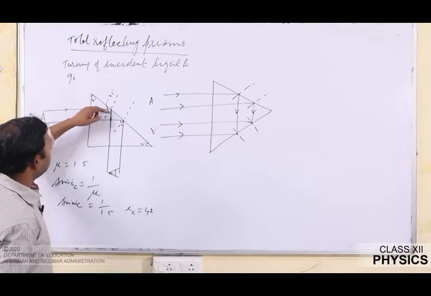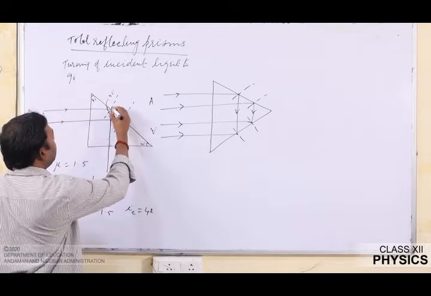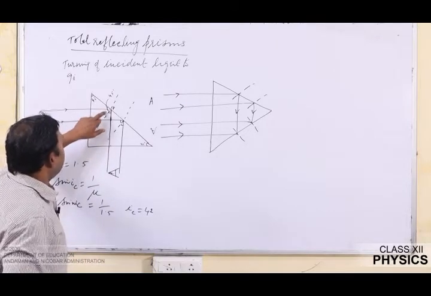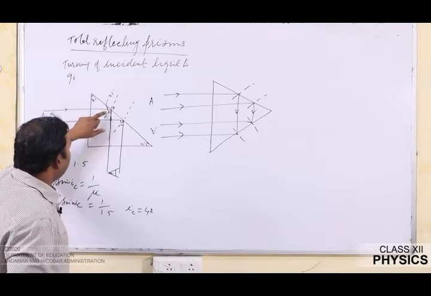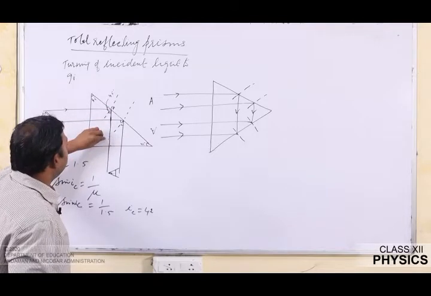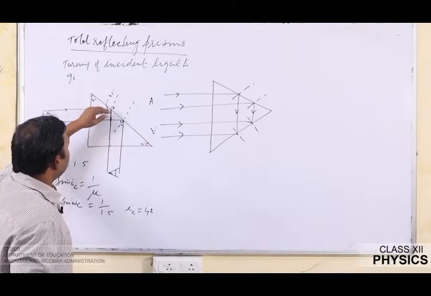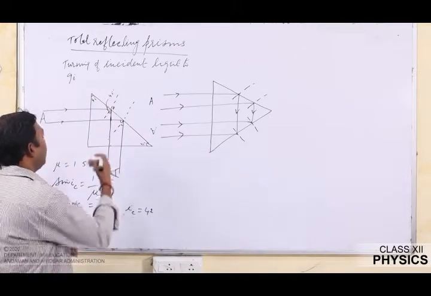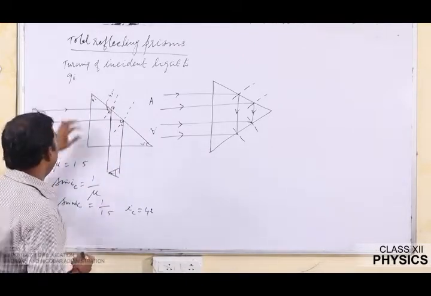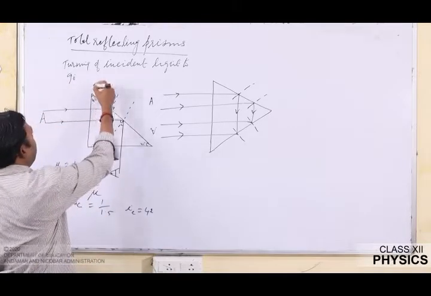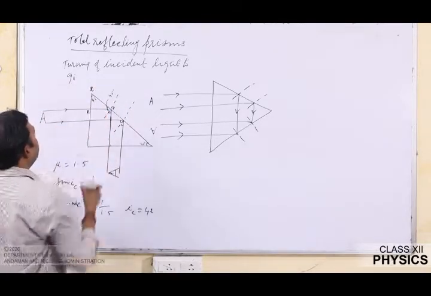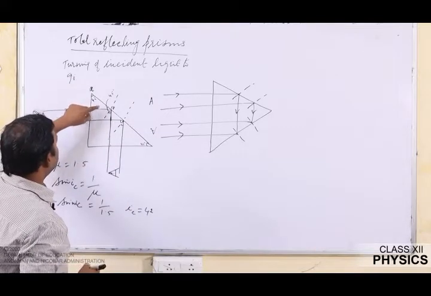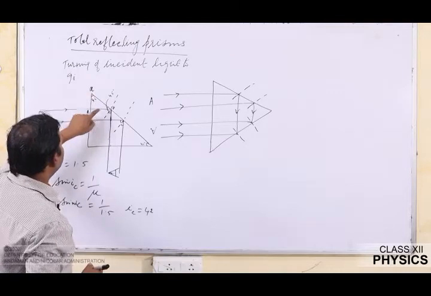The beam strikes at point P, let us say. Here at point P, if the angle of incidence is more than the critical angle iC, then the beam reflects back into the same denser medium, otherwise it will move into the rarer medium. Now, let us check the incidence angle. Look at the triangle PQR. In this triangle, angle Q is 45 degrees, angle R is 90 degrees,